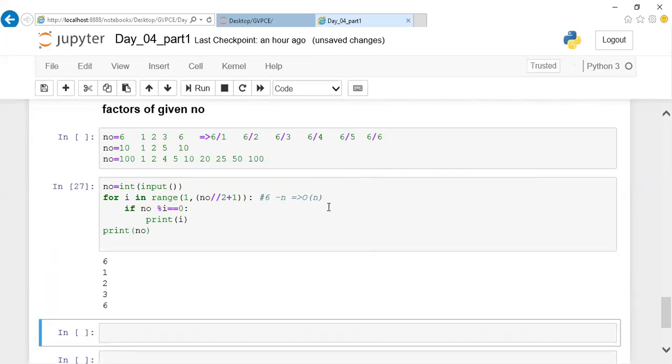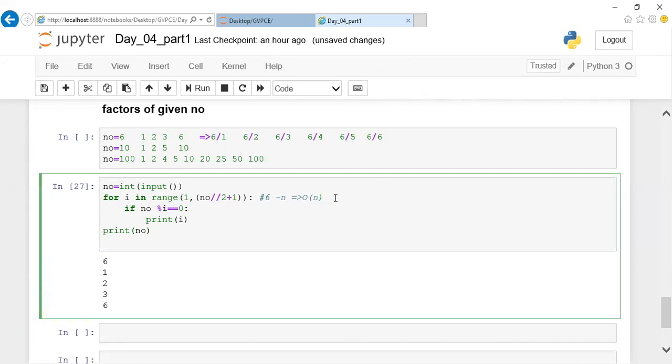But what happens here is that the number of iterations, I'm not going till n iterations. I'll go only till half of the iterations. Got it? So what is the time complexity here? Order of n by 2 will be the time complexity. So the number of iterations for finding the same program has been reduced to half. Is this clear?